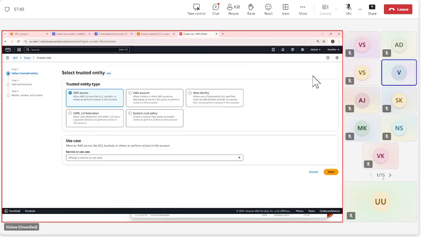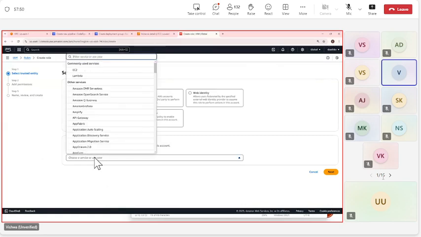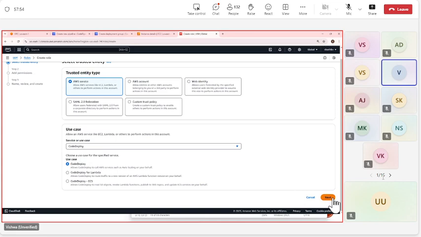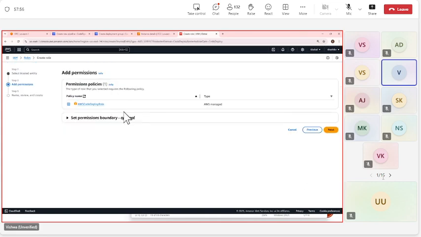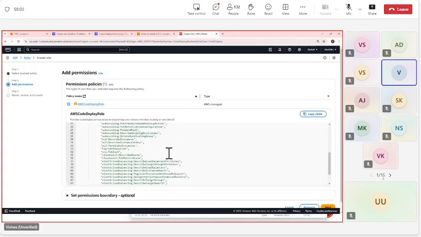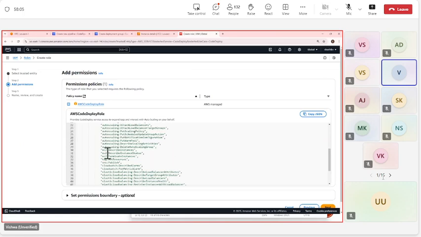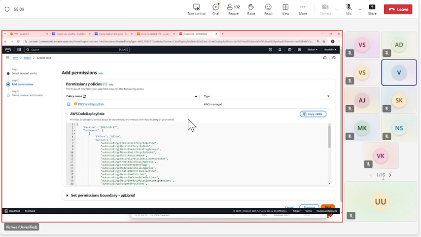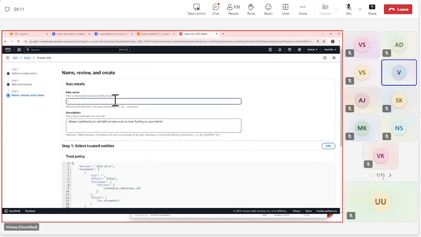Role is going to be CodeDeploy, and policy CodeDeploy role. Yeah, it's already there. The EC2 instance already has all the permissions. Just need to create this CodeDeploy one.